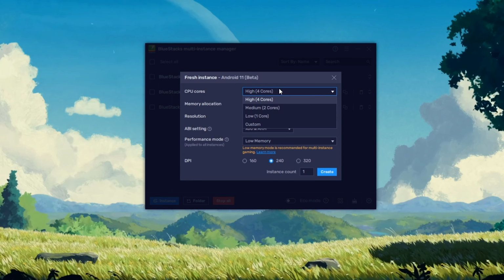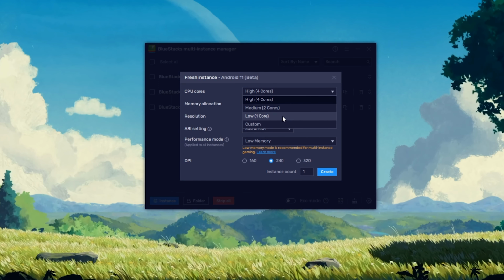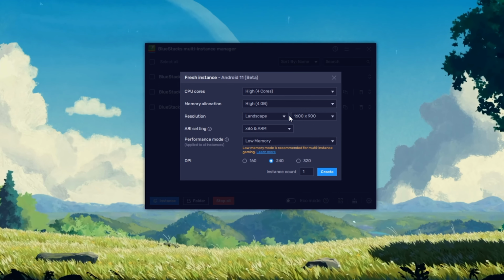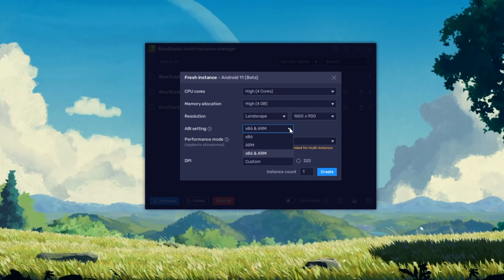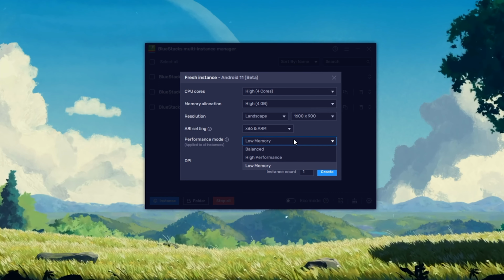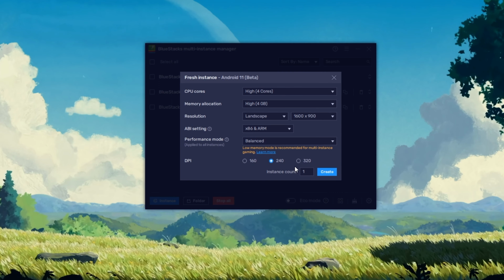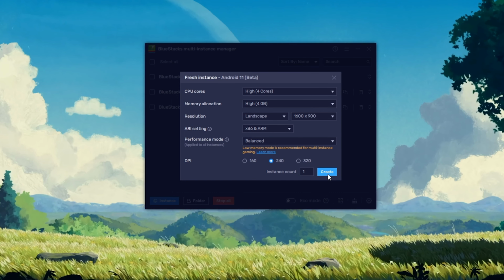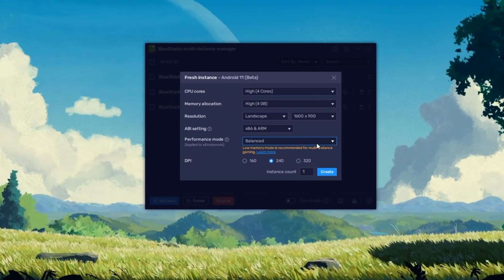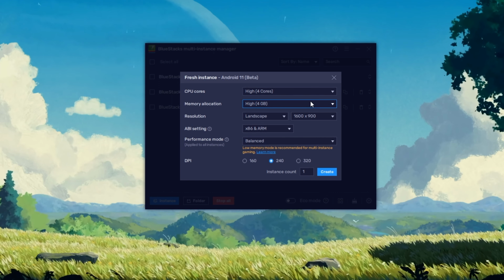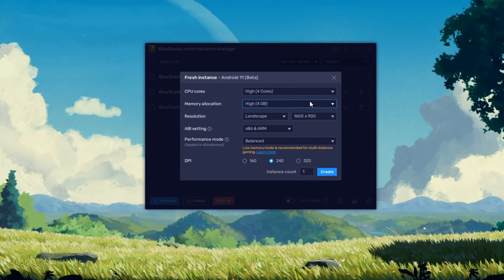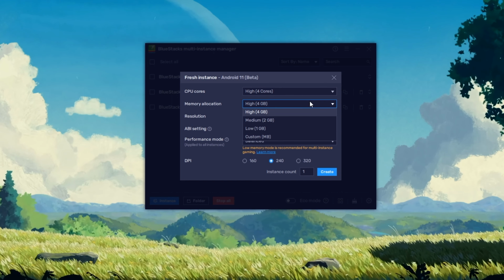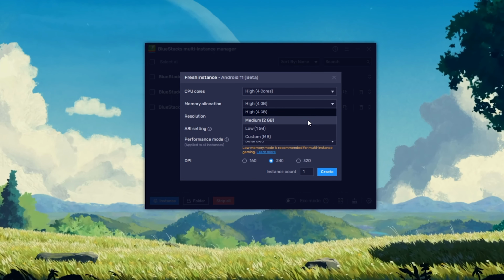You then have the option to apply the main performance and display settings for your new BlueStacks instance. I will set these according to my native resolution and overall system performance, but you might need to lower these when using a low-end PC. Set the CPU cores option to high as well as the memory allocation. When running resource-intensive applications in the background, you might want to set this to medium, but the emulator might lag